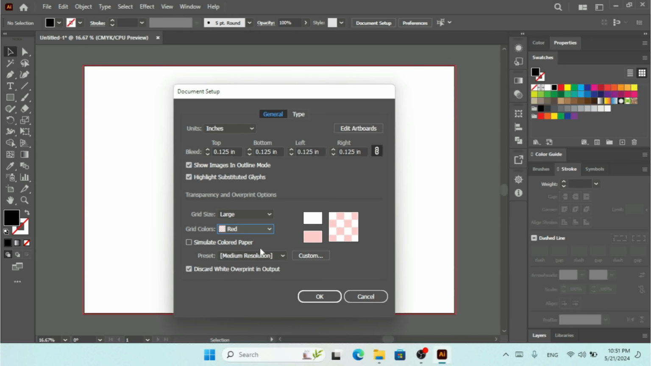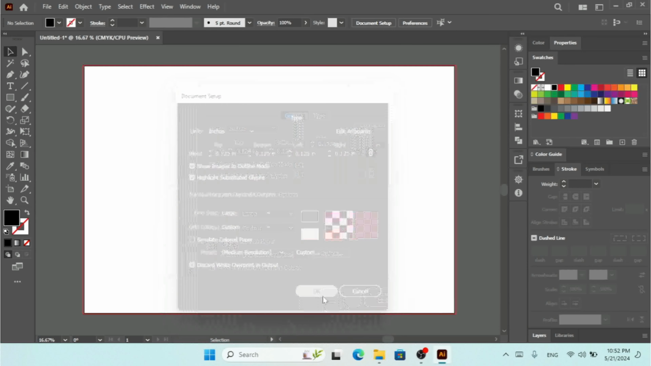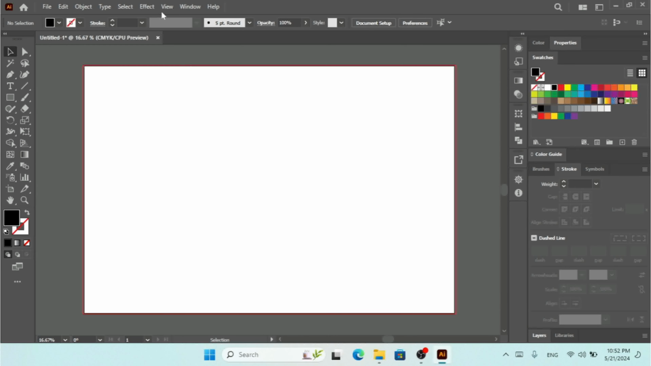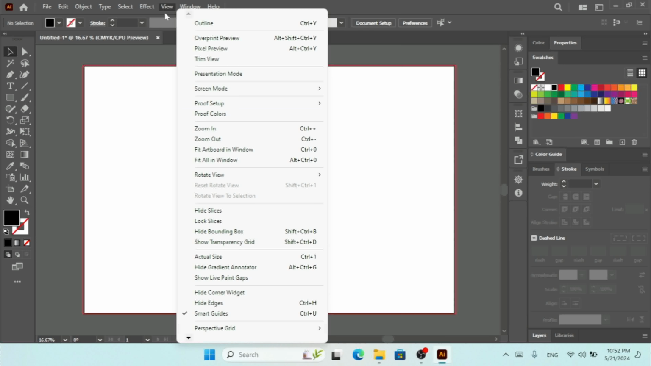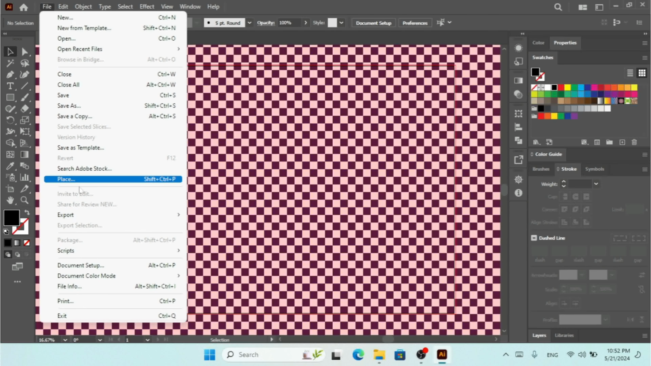So here I'm going to select this red. From here I can change the color as well. So here I'm going to change the color to something like this one. When you change that, you have to go to this view, and here you have this show transparency grid, and the shortcut for that is Shift plus Control plus D. So I'm going to click at that. As you can see, the same color and the same grid we changed here